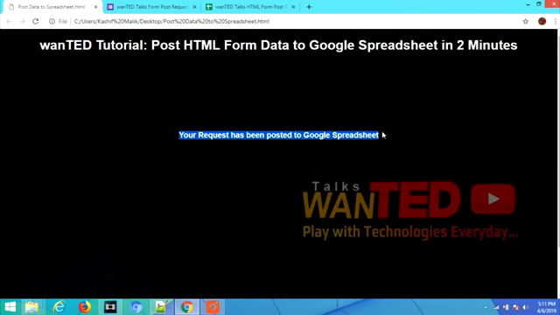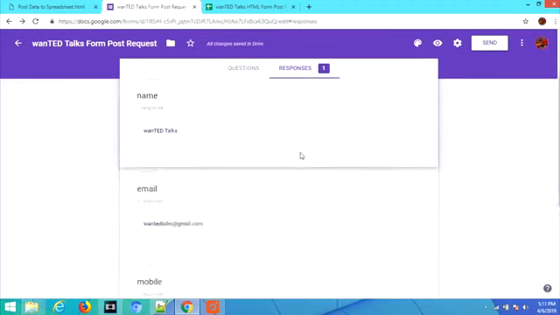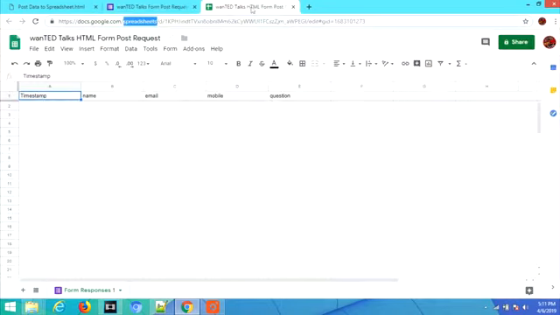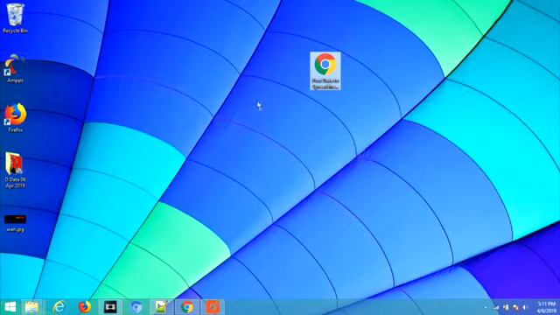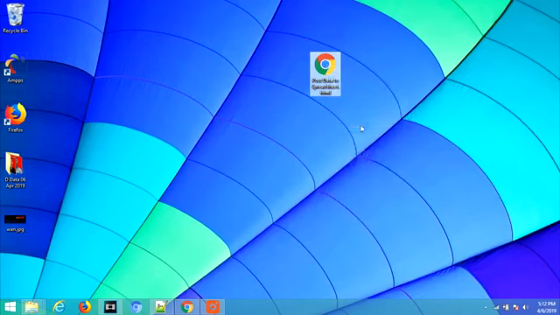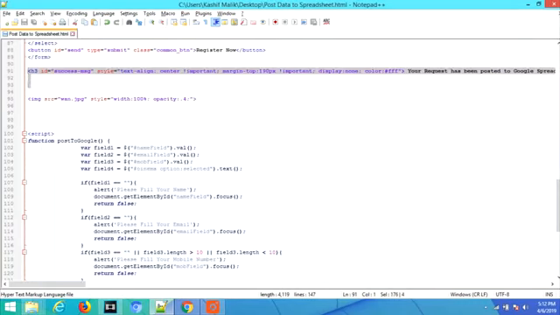Now at the front end we have successfully posted the data. In the Google Form also we have captured the response, which you can see here. In the Google spreadsheet also we have got the response. So if your requirement is the same, I will now teach you how you can make it for yourself, and for reference I will give you this HTML for download, and I will share my Google Form and Google spreadsheet as well. So let's edit it and see what's happening in this code.